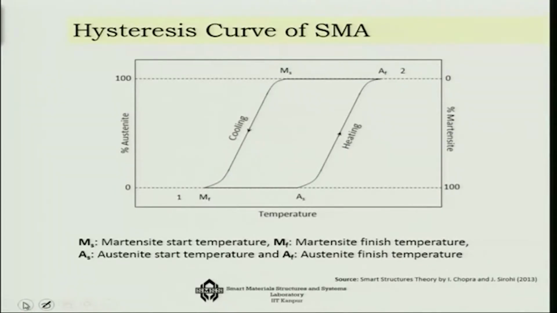And what about if I only change the temperature? So, if I take the SMA wire and if I only change the temperature, let us say, what will I see? If there is a way I can continuously monitor what is happening to the internal material property change, I would see that initially, till about, say for example, the austenite start point, so I have to go up to this point, I would see that the material is at martensite